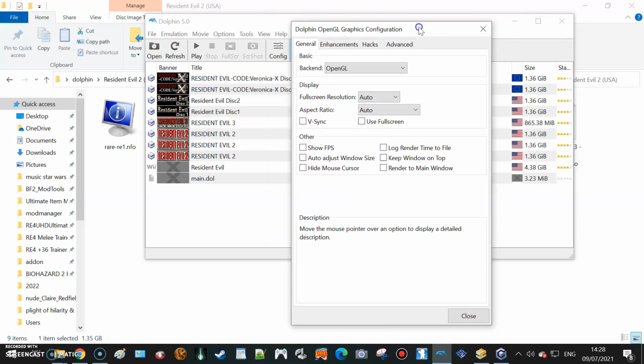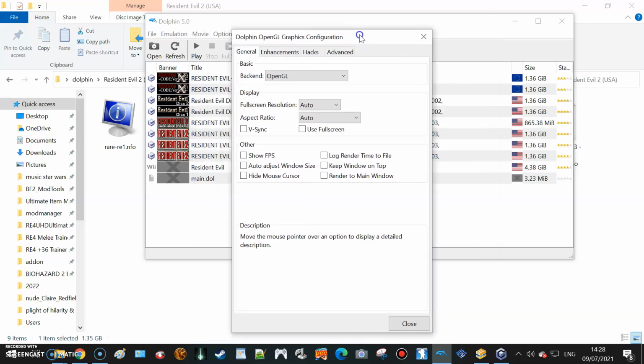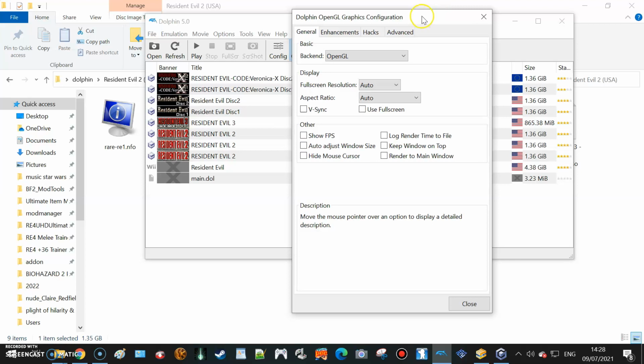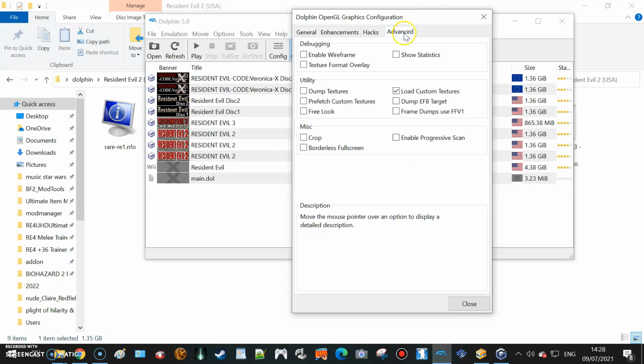I don't know, it depends on your PC and what specs it has. And also, if you go to Advanced and you want to load custom textures, well, if you actually have a custom texture pack downloaded from the internet,